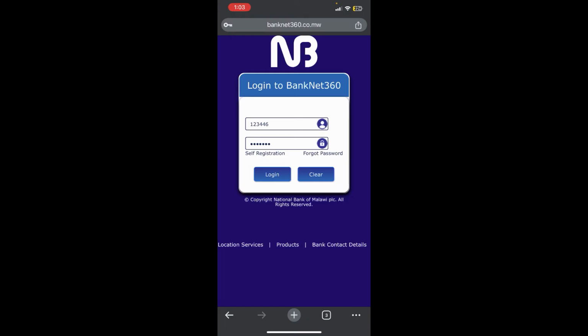And you'll be able to log in. So basically this is how you can log into 360 National Bank, and if you still encounter any issue during